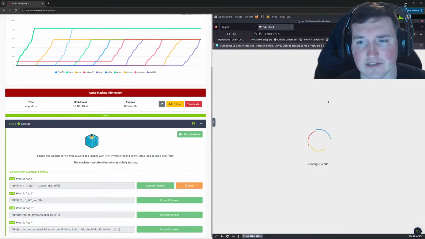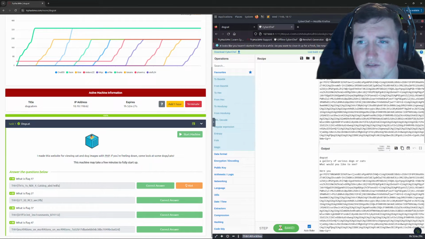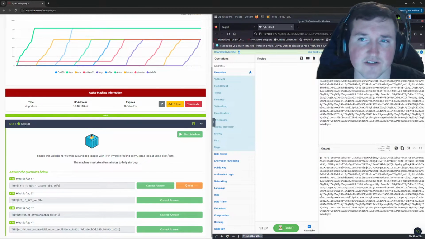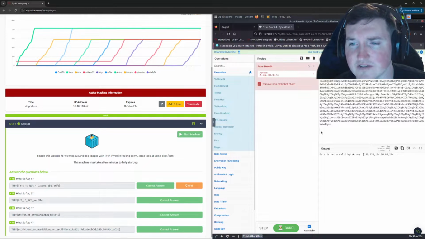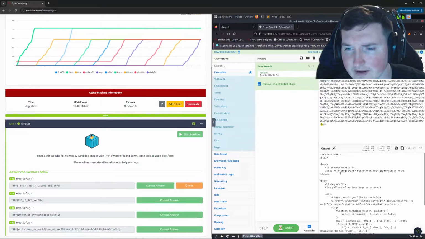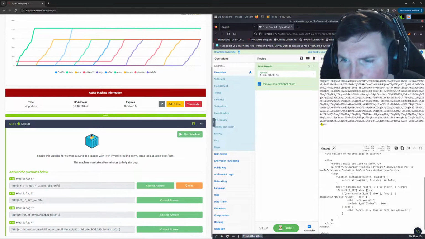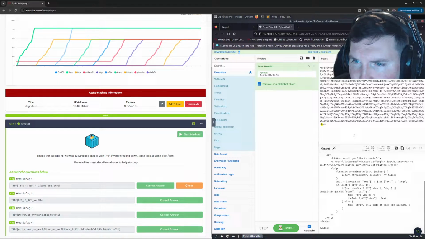line. You don't have to do it in CyberChef. I always use CyberChef because I like it, for one. For two, it's just so much easier to view for me. So we'll say from base 64, obviously we got to get rid of the "go". There we go. Okay, and then we can see right here, we're reading it, and if you look down here and you read it, it actually says,